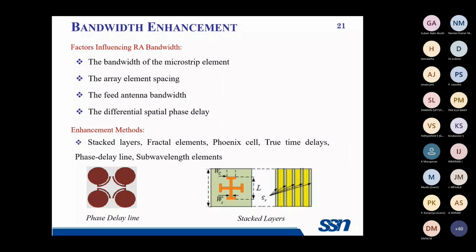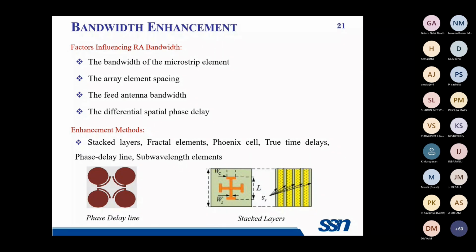For enhancing the bandwidth offered by the reflector array antennas, we have various options. One is stack layers. You can have stack layers, as in the last picture where various layers of dielectric materials are added along with the conductors, and this will provide us a better bandwidth. But the problem with stack layers is implementation. When we fabricate, mount and test it, all these alignment errors will cause a little loss to our performance.